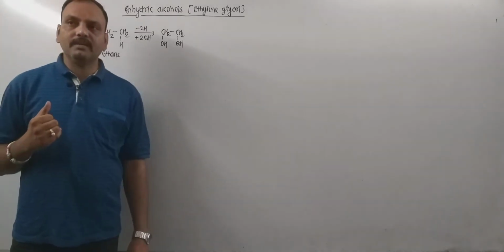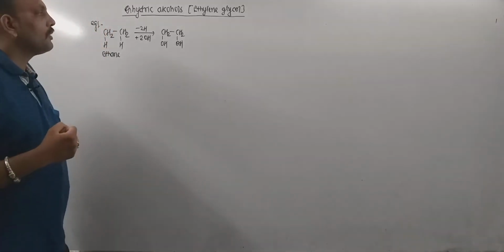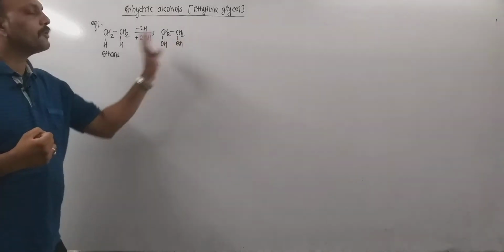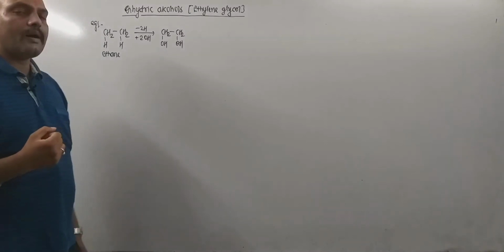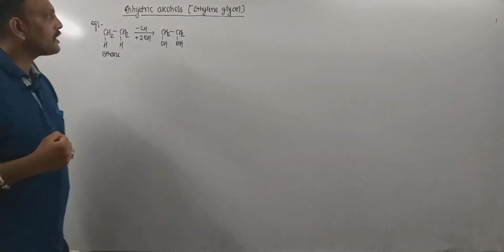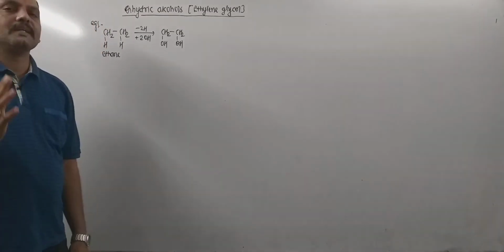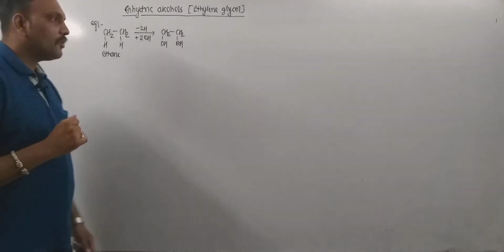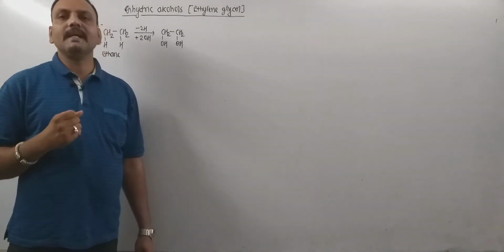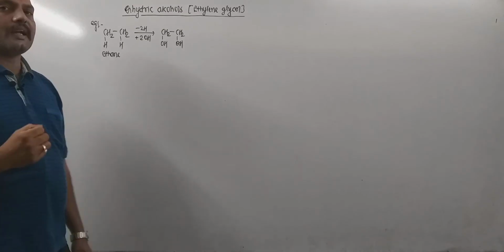Now remember, dihydric alcohols are further classified on the basis of the relative positions of hydroxyl groups into alpha, beta, gamma, etc. And we are going to discuss 1,2-diols. 1,2-diols are popularly known as glycols. So ethylene glycol is a very commercially important ingredient that we are going to discuss right now.